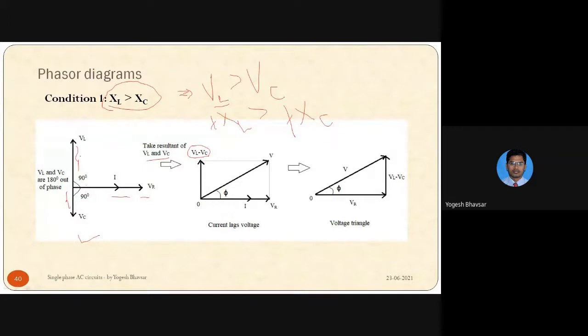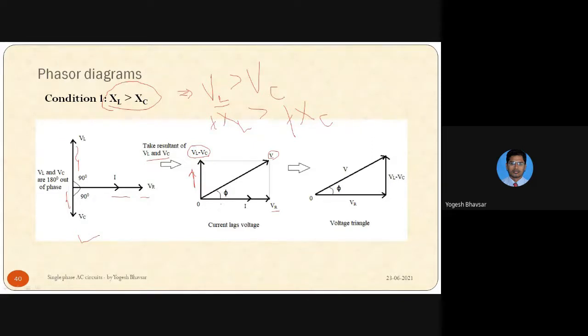It will be reduced length. Now we can show this by graphical representation. The length of VL minus VC will be reduced, because this length for VL minus this length for VC. That means the magnitude, and we can simply represent it on the upside because VL is greater. So VL minus VC becomes upward for representation purposes, and the resultant will be as we have seen for the RL series circuit. The resultant V is the combination of VR and VL minus VC.